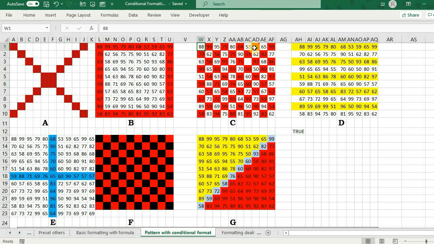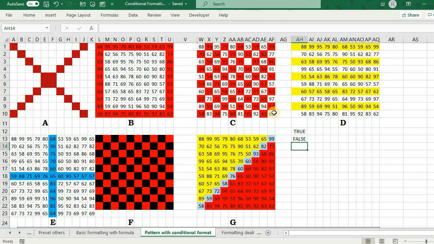Alternate rows or alternate columns are found to be true. So alternate rows and alternate columns is what we require. So we can check with the even or odd function for these rows. So the first one I don't need, so I'm checking is even and row number, of course, and it says false.